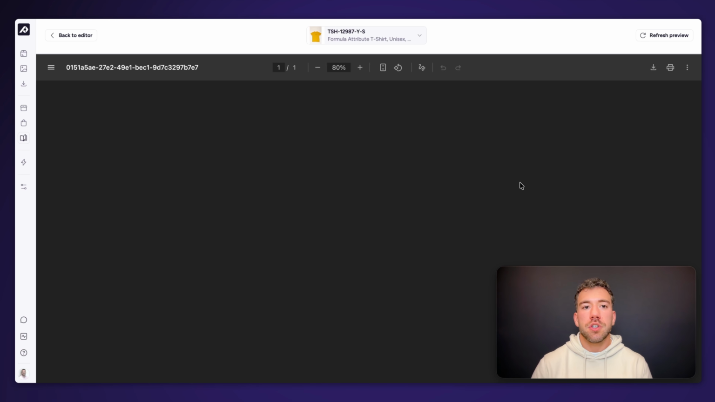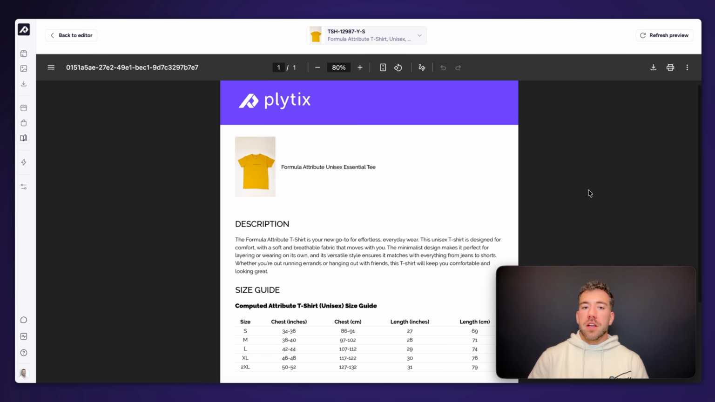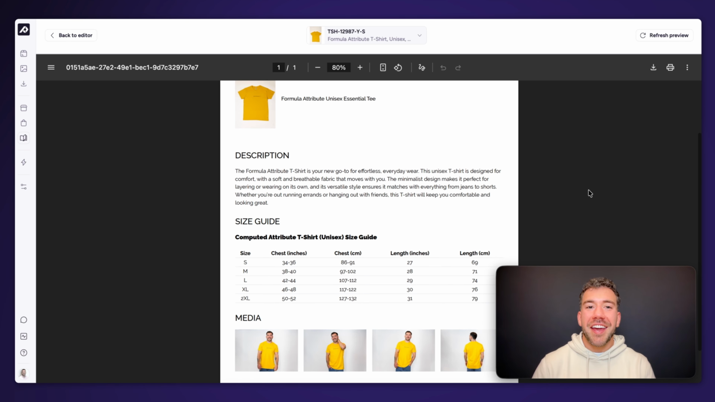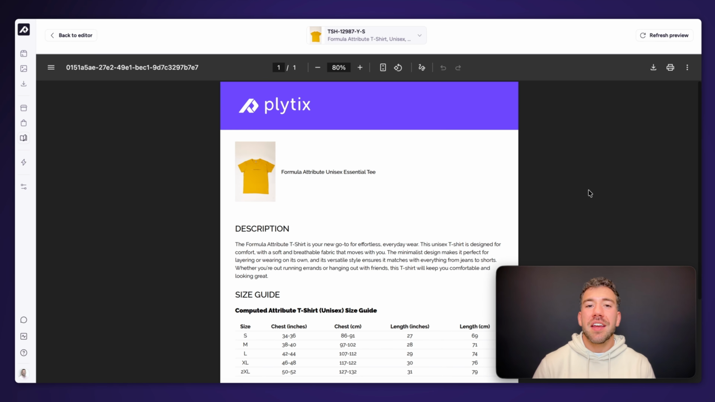formula attribute t-shirt. There's a number of different formatting options that you can make available here, but what this will do at the end of the day is create a nice feed link that is automatically going to pull information from Plytix and create a PDF with the data that you have in Plytix. This can be really powerful for anybody selling B2B that needs to share catalog information from data that they have